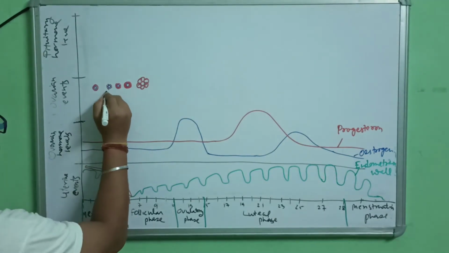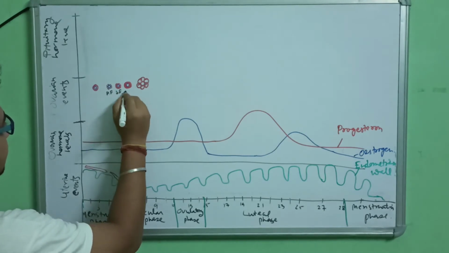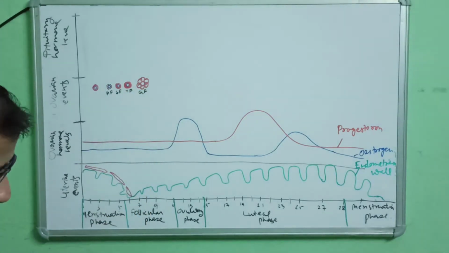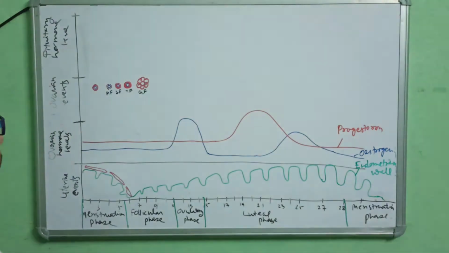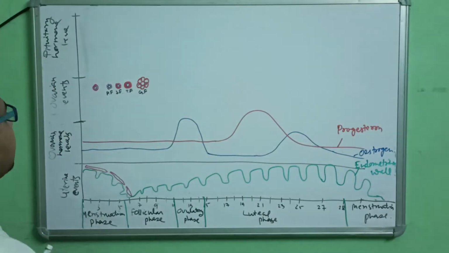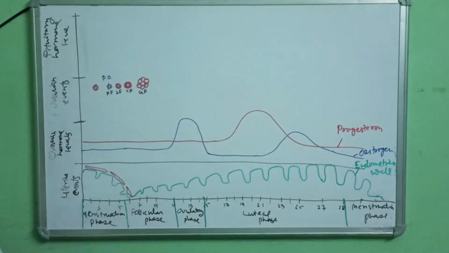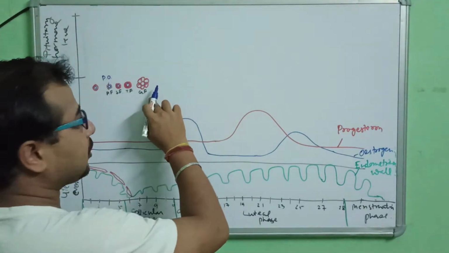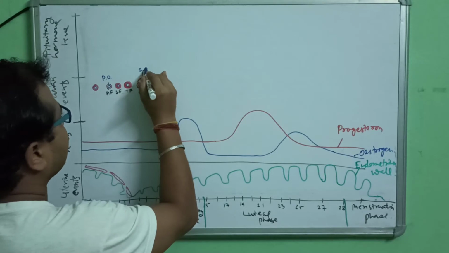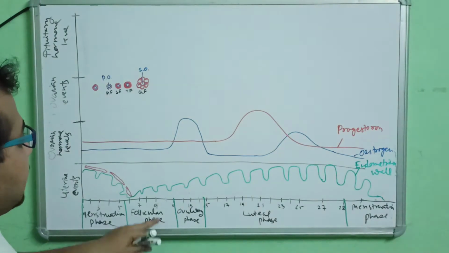So this is the primary follicle stage, this is the secondary follicle stage, this is the tertiary follicle stage, and this is the Graafian follicle stage. Okay, and what change takes place? The cell inside. In the beginning, it was the primary oocyte, and when the Graafian follicle formed, by that time the inside cell matures into a secondary oocyte. So the actual egg cell is already developed by the end of the follicular phase.